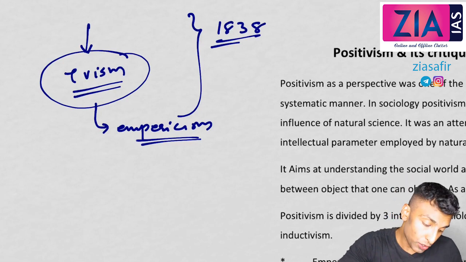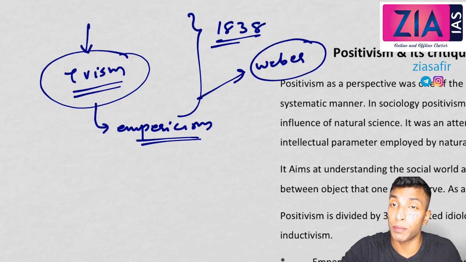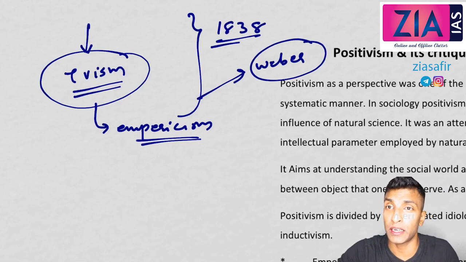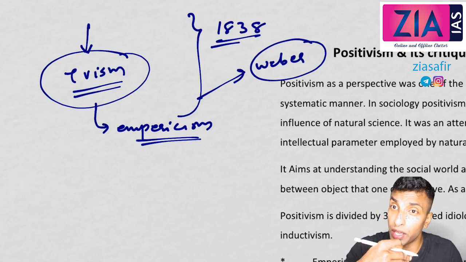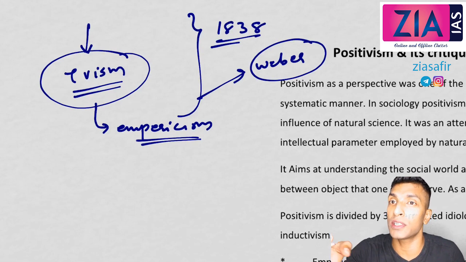But when it comes to Weber, if you remember, when we discussed the scope of sociology, I talked about Weber using a micro perspective. He gave importance to internal aspects like the meanings, motives, etc. And he tried to establish the cause and effect relationship by understanding the meanings attached by the actor to his action. So he gave importance to internal aspects. So that is actually a deviation from positivism, and from there non-positivism will come. So non-positivism will give importance to internal aspects.